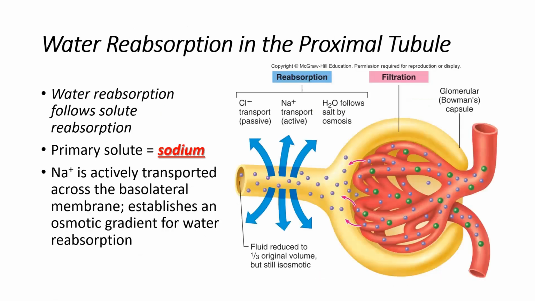And then here's another look at how that happens. So water reabsorption, we said, follows solute reabsorption. And so we mainly have to move solute first and then water can follow. The primary solute that we're talking about is usually sodium, but there can be other things too. So potassium, chloride, or some of the other solutes